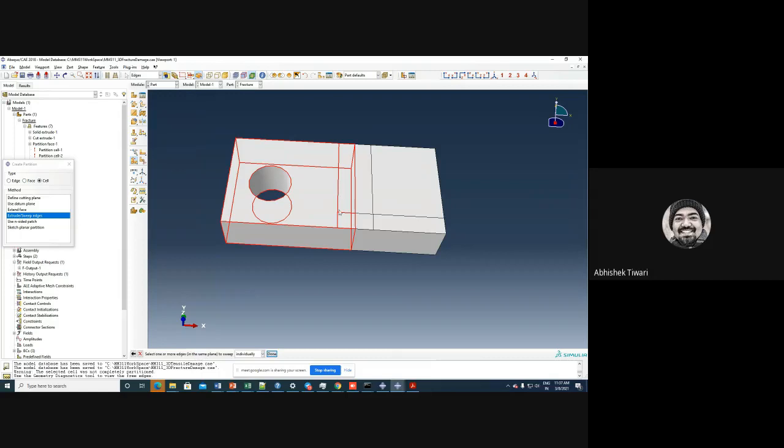So let me do it again. So this one, done, sweep along edge. Oh, and this one. So we have, I think this one will be remaining.